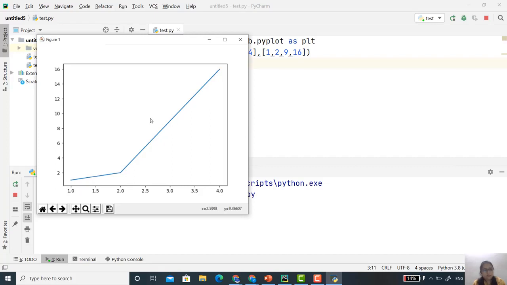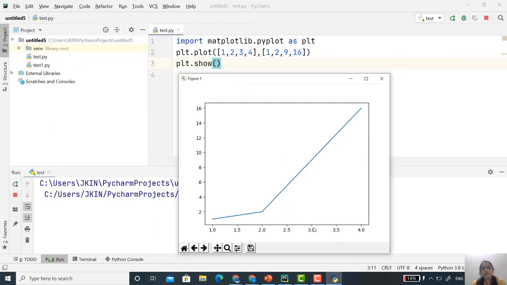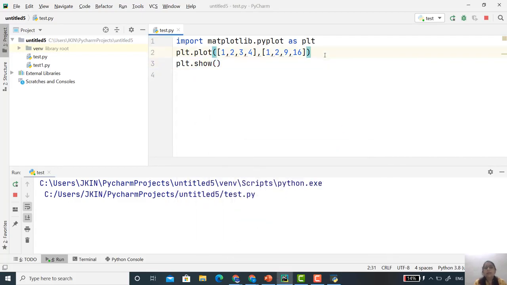Here, see, my x-axis is from 1 to 4, and my y-axis is from 1 to 16.